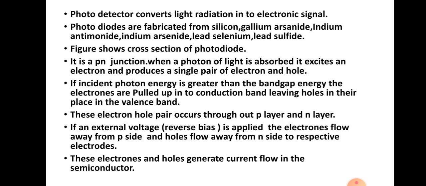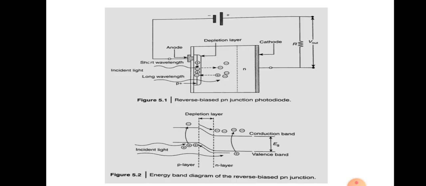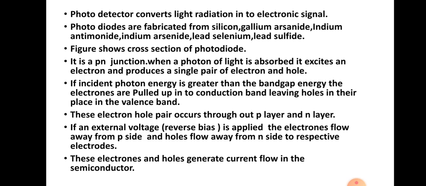That is the working of this PN junction. That means any photon incident here will produce electron hole pairs in the PN junction, and when a bias is applied, those electrons will move to the positive terminal of the battery and holes will move to the negative terminal of the battery, so that the incident photon is converted to electronic energy. That is the process happening in the case of a photodiode or photodetector. Usually it is used on the receiver side in order to receive the light energy transmitted through the fiber.